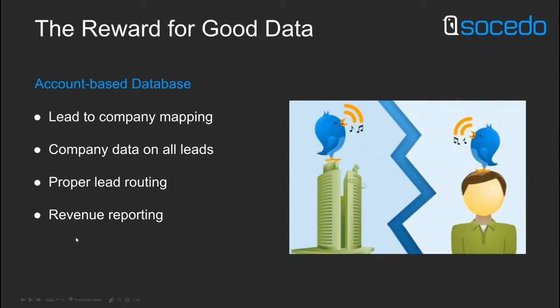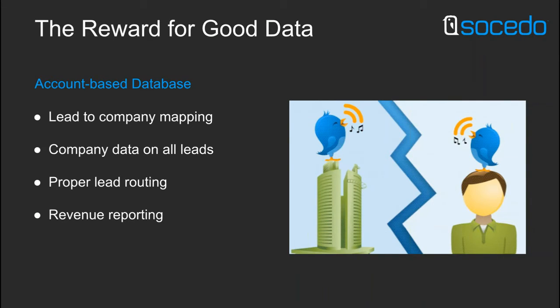And of course, ABM is a big hot topic right now. Maybe it's a little bit too much of a hot topic, who knows, but everyone's doing it in some form or another. At the end of the day, we want to know at an account level where our leads are, because sales sells accounts. And in marketing, I'm looking at leads, and I need to marry those two things together, not only so that I can attribute revenue back to the right touches, but also so that I'm sending people to the right places.